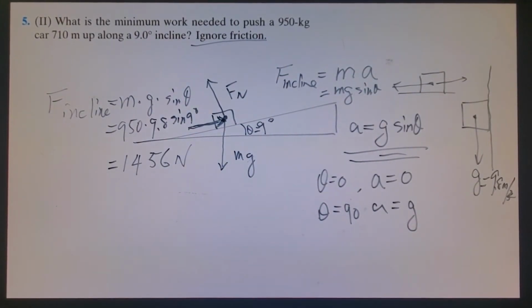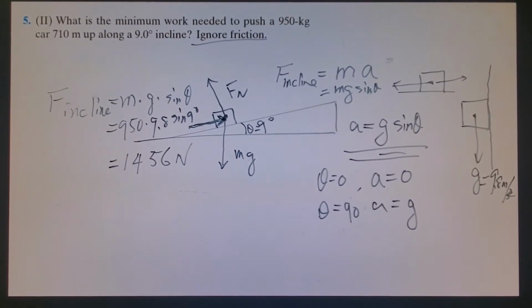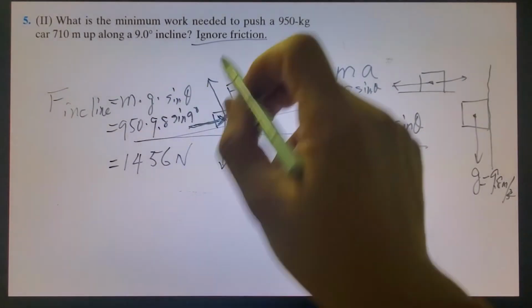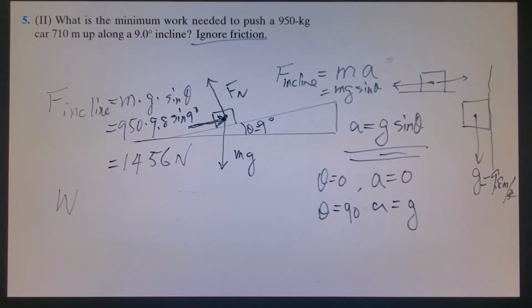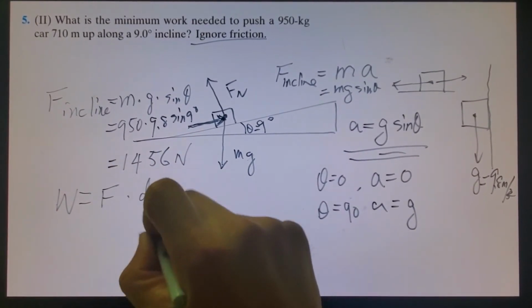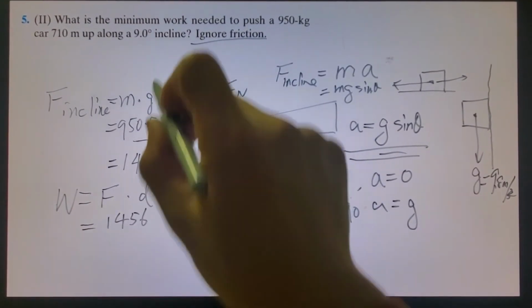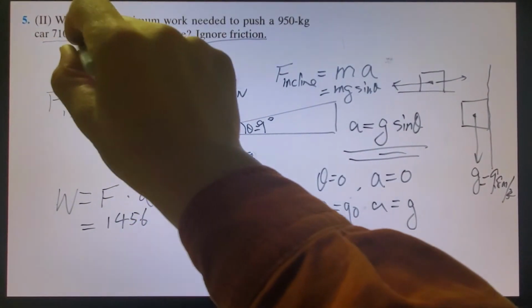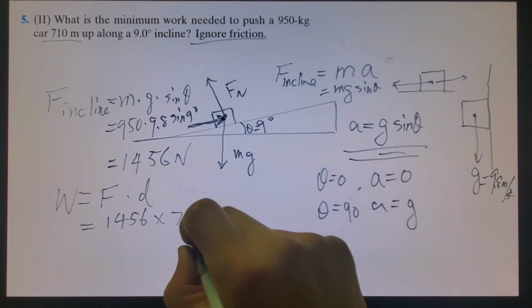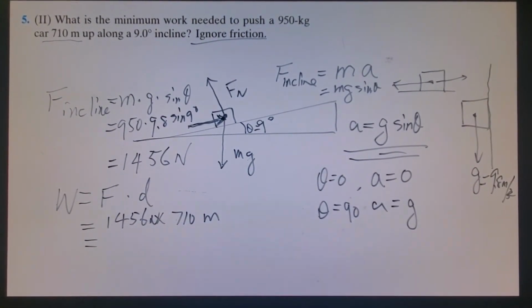Okay, let me double check. 950 times 9.8 times sine of 9 degrees. All right. Work, well, the master formula is equal to force times distance. Force, we just calculated, 1456. Distance is given, times 710 meters. So that will be equal to,